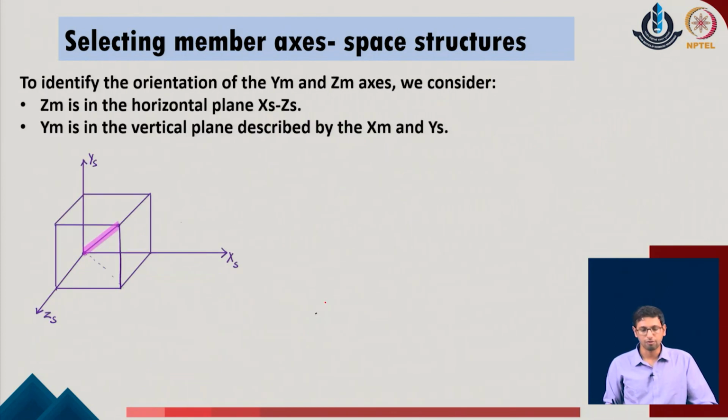So, with this point in mind, we go with the following considerations. We consider that the z of m, which is the structural axis, the member axis z, should lie in the horizontal plane of x of s and z of s of the given system. So, now looking at this system, we are trying to have a 3D visualization. I have tried to draw the figures such that one can understand that this is a 3D visualization of the given system. So, we have a first given system which is the direction x, this is the direction y and this is the direction z with respect to the structural system.